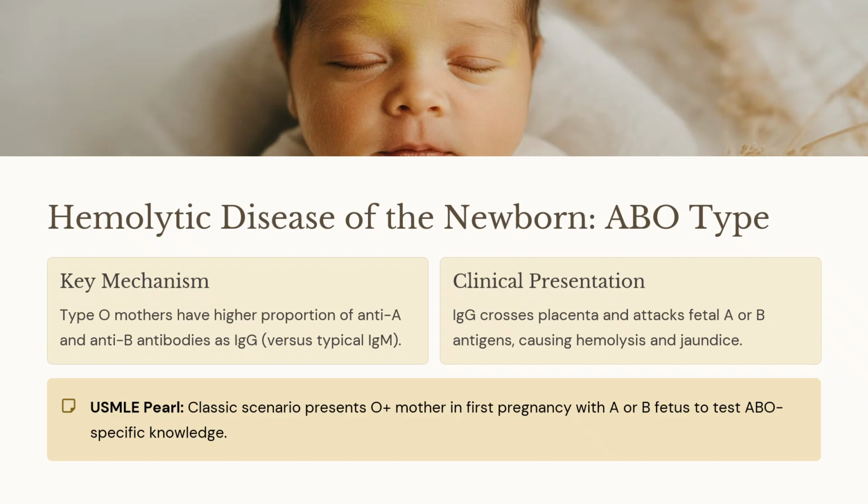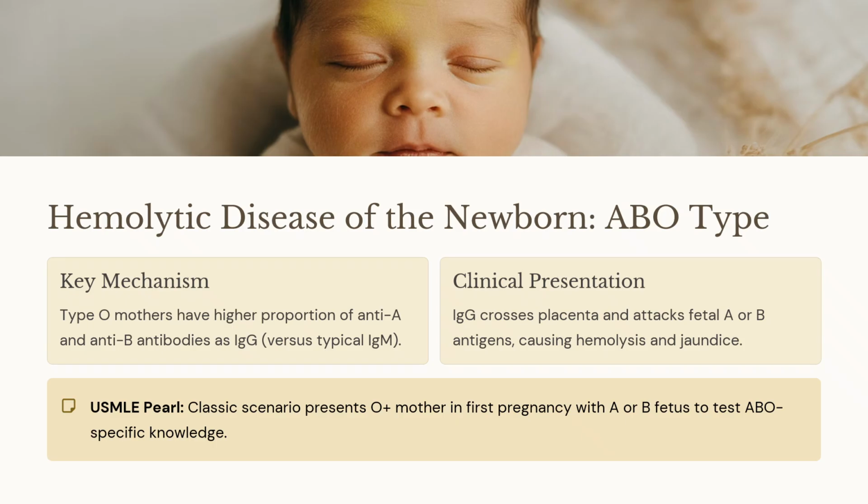In Rh incompatibility, antibodies are produced only after exposure to the Rh positive fetal blood, which occurs during the first pregnancy, and the problem mainly arises in the subsequent pregnancies. But in ABO incompatibility, the mother who has an O blood group has the anti-A antibody as well as the anti-B antibody,